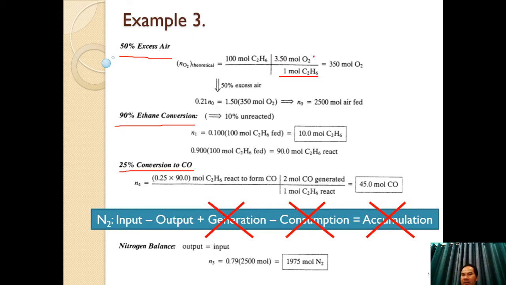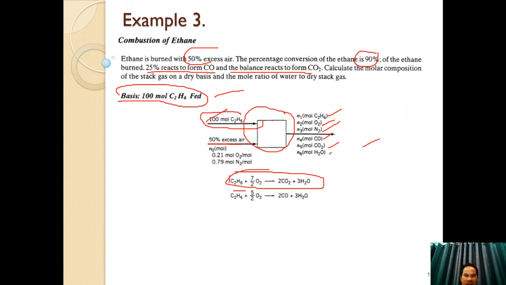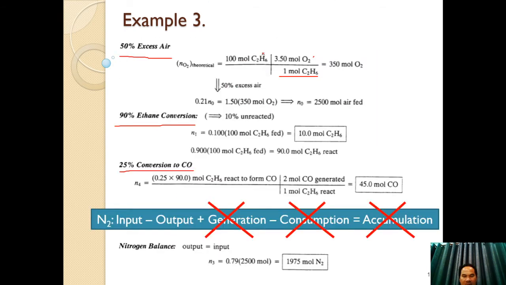But for this system, we feed 100 mole of ethane. Mole of ethane is cancelled. You get 350 mole oxygen. This is the mole of oxygen required based on the chemical reaction, or theoretically required. And for this case, 50% excess air and 50% excess oxygen are the same, if you talk about the percentage. If you remember the equation of the